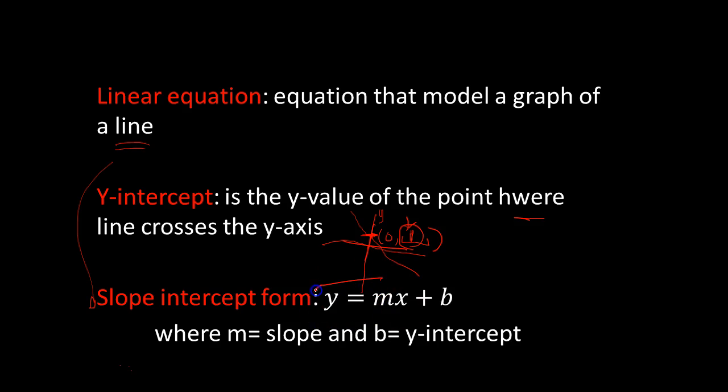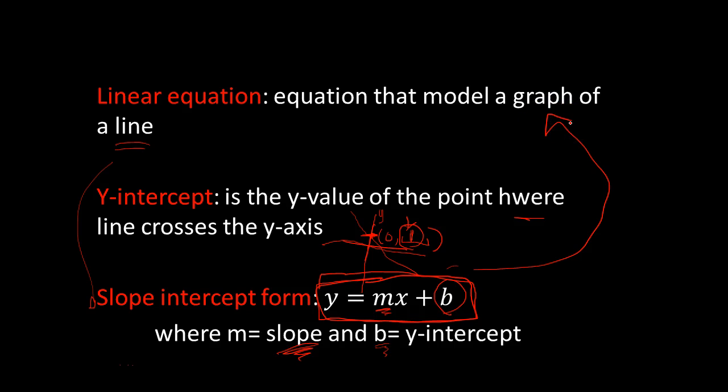Slope-intercept form, here's the equation that you are going to use the entire time today. M is going to represent the slope, which is what you did yesterday. You found how to find slope yesterday. So m is going to be your slope, and the y-intercept, which we just talked about, is going to be your b value. So now you'll be able to plug your m and b value into this equation, and you will create a linear equation, which is the equation